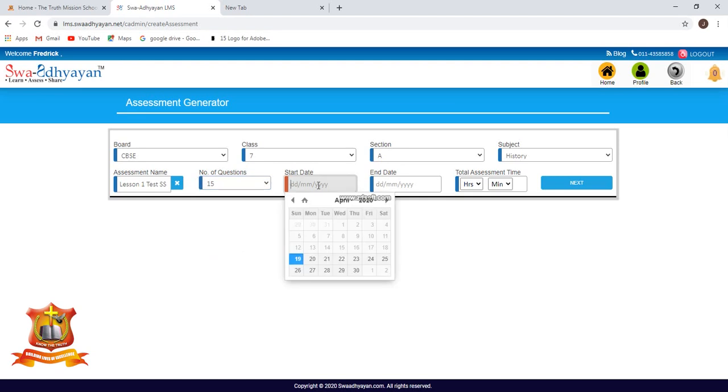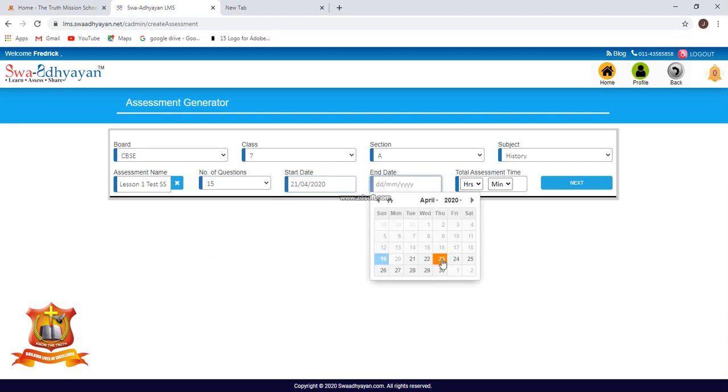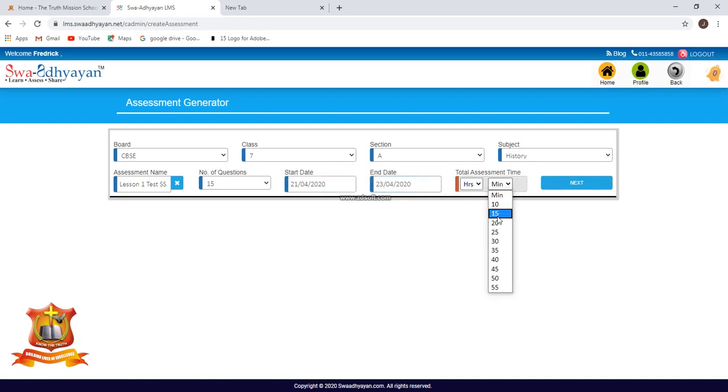I'm going to put this for Tuesday, and I think children can complete this in maybe 2 days. I'm giving 21 to 23, so they have 3 days to complete it. I'm going to give 15 questions. Initially, what we talked about was giving them 30 minutes because the speed of the phone and their net connection may vary, and later we can go down to 15 or 20 minutes. Then you will click on next.